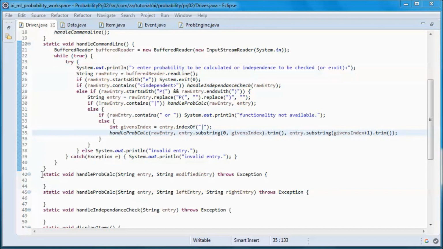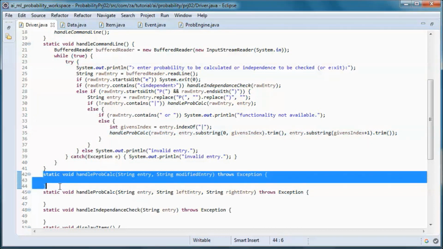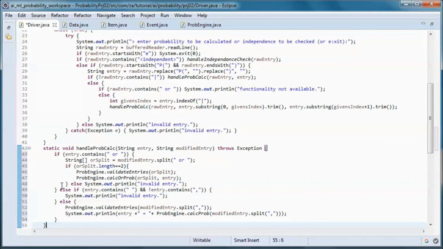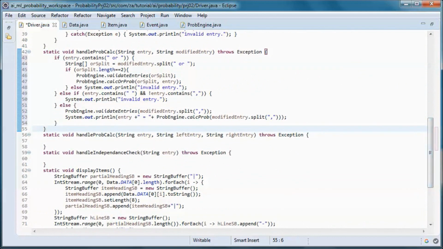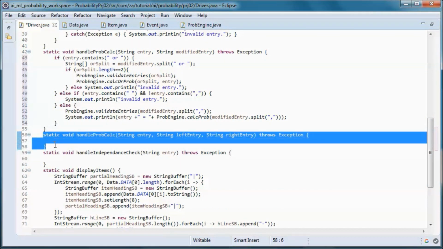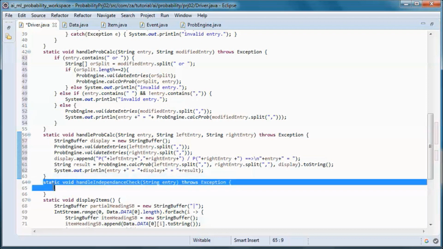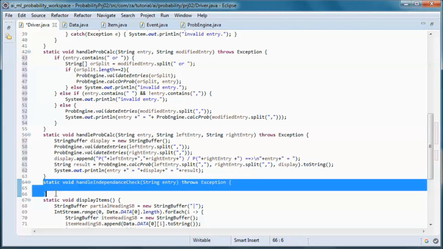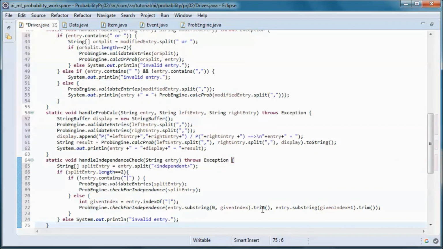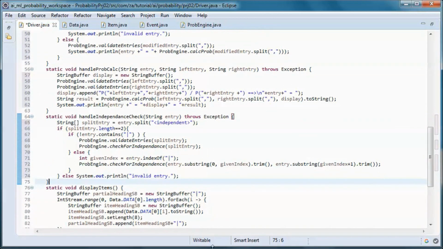So this one handles probability calculation without a given, and this one handles conditional probability calculations, and this one does the handling of independence check.